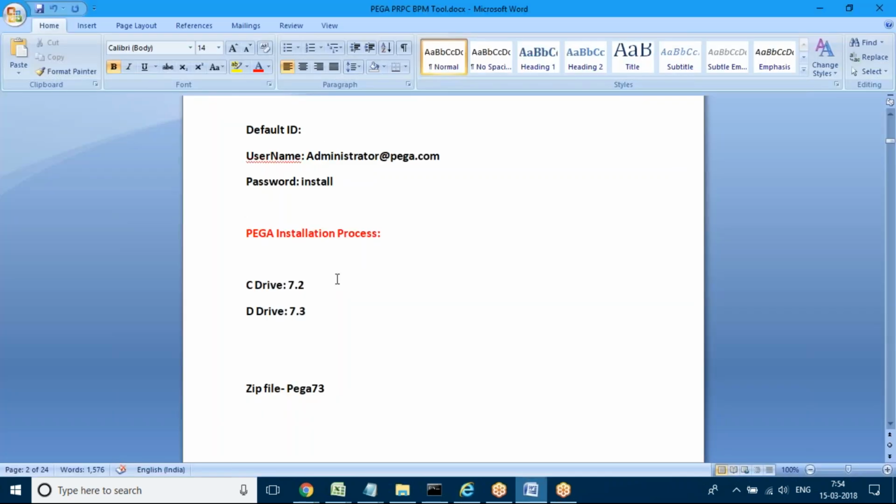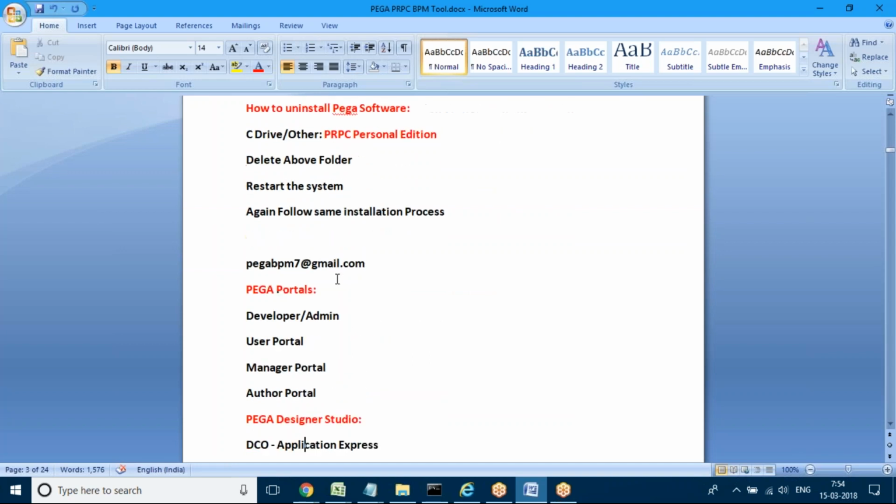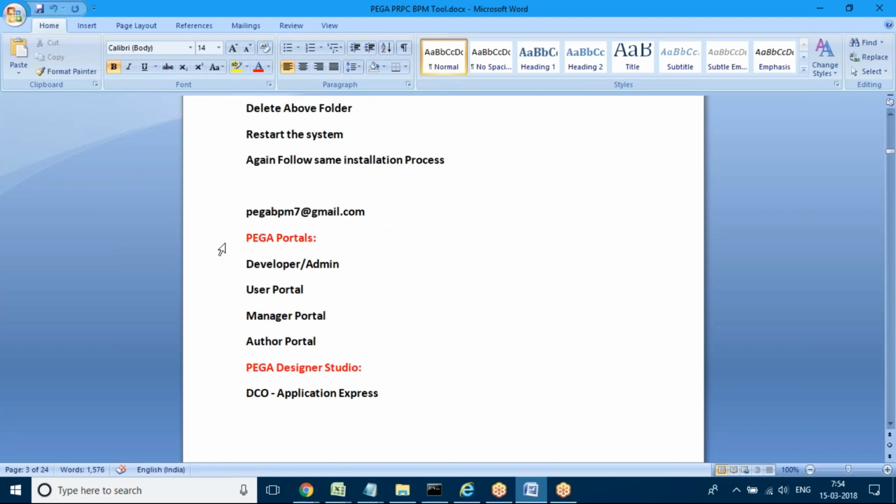Basically, when you open a Pega application, first of all four portals will be there. Right now, this PRPC we log in to comes under the developer or admin portal. Actually, the admin part will not be separate in Pega, only a very minimal part.